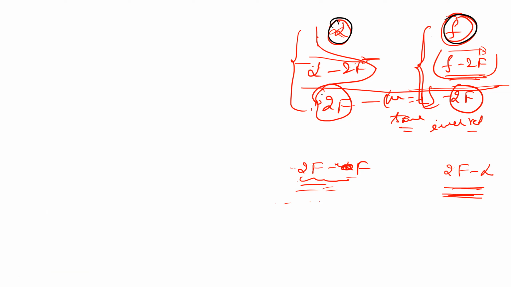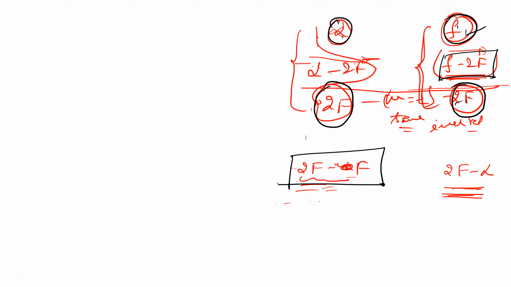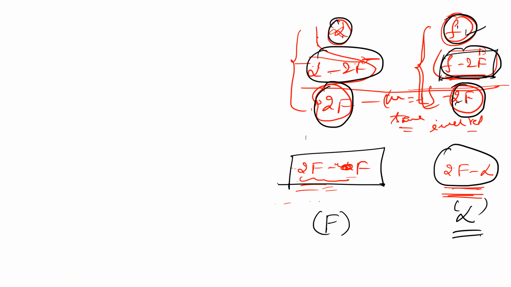It will be at focus. When the object is at 2f, exactly the center of curvature, the image will be formed at 2f. So while coming from infinity to 2f, your image should be from f to 2f, between f and 2f. This is the answer. Yes, sir. Now the image will be from 2f to f if the object is placed on one side, so it will be from 2f to f. On the image side it is infinity to 2f, right? Here it will be 2f to infinity. Are you able to get this point or not? Yes, sir. So when you are keeping it at focus, again at infinity, right? Image.